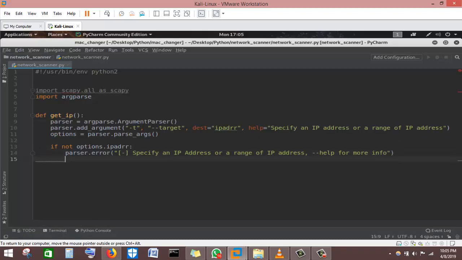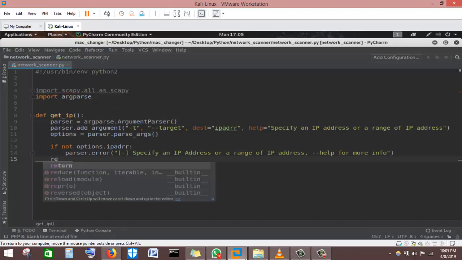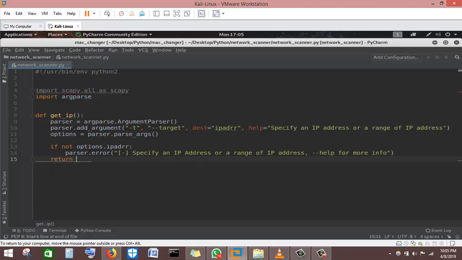Okay, so we are finally done with this option. Now the next thing is we return options. So finally this particular function will return options. Remember that options is going to have the value of the IP address from line number 11 that the user will eventually input. Okay,